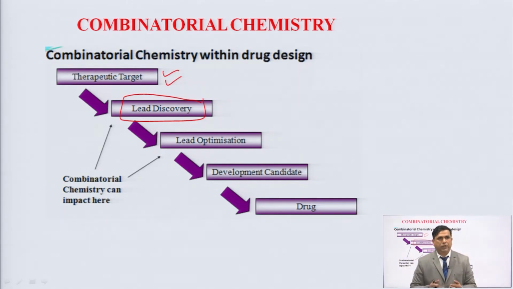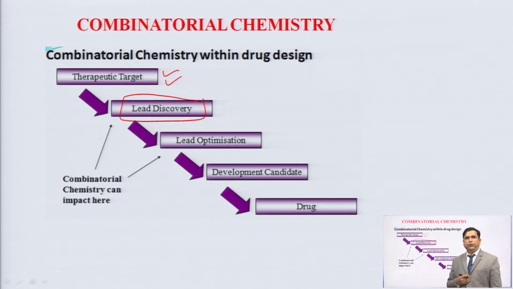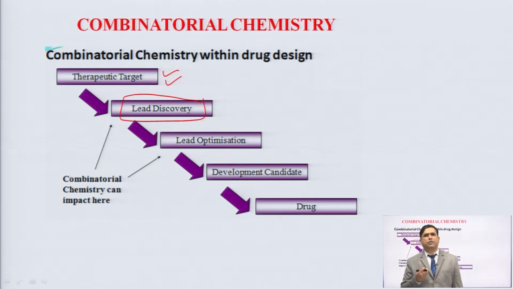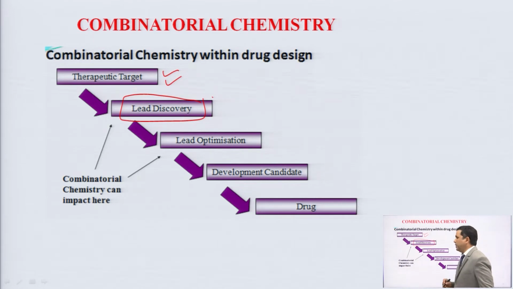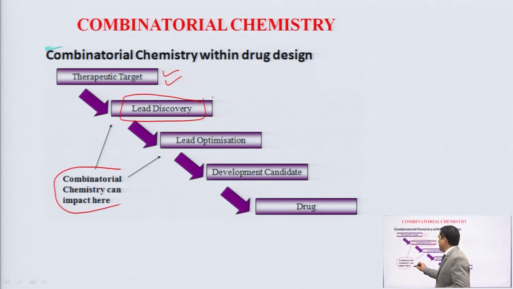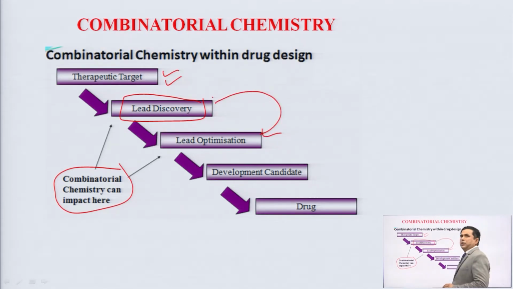Finding the lead compounds with the help of combinatorial chemistry. First of all, we have to determine the basic scaffold with the help of lead discovery, and then we can synthesize a large number of diverse derivatives. That can be done with the help of combinatorial chemistry. So, here, when the lead discovery is done,